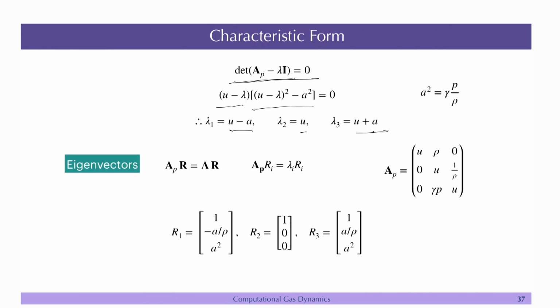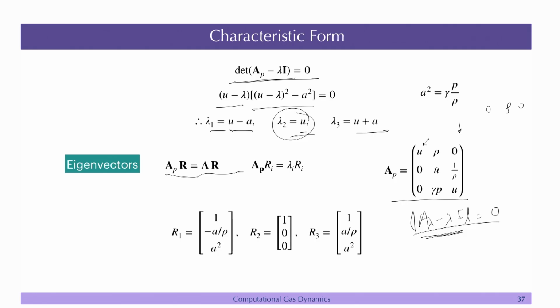So, first I will get the right eigenvector. We are using the right eigenvector here. My AP is there, my lambda is there. You know how to get the right eigenvector. Basically, you take AP minus lambda I and you say when the determinant goes to 0, you are basically looking for a null vector for which the determinant of this matrix AP minus lambda I goes to 0. So, let us say you take lambda equal to u here. What will happen is AP minus lambda I will become